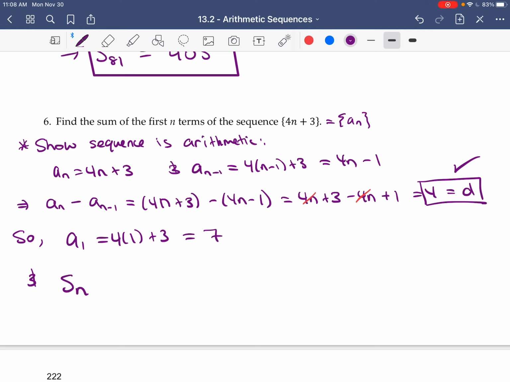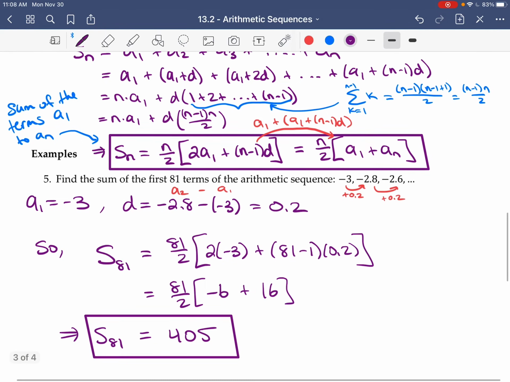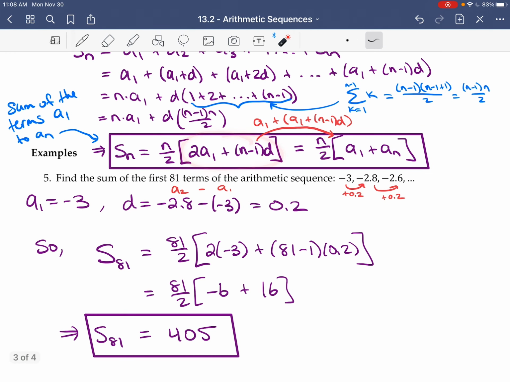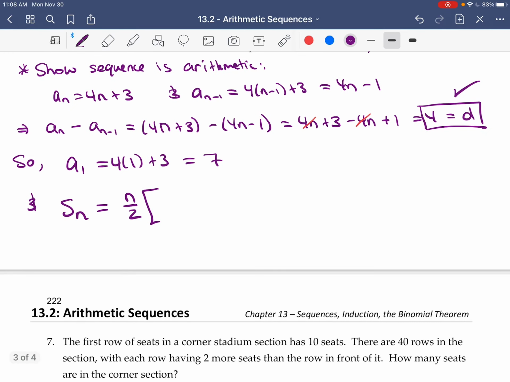Then S_n is going to be n over 2 times, I'm going to use this formula here, 2 times a_1, so 2 times 7, plus n minus 1 times our d value, which is 4. So that's n over 2 times 14 plus 4(n minus 1),